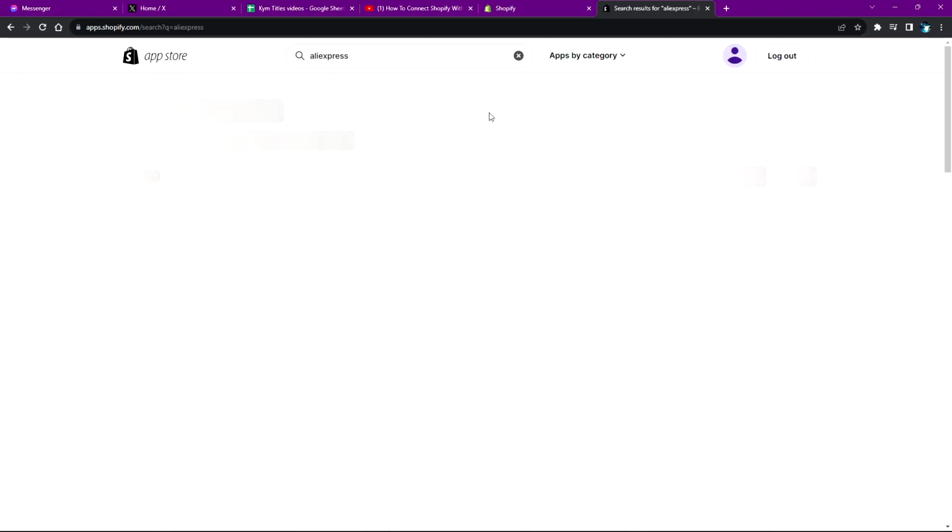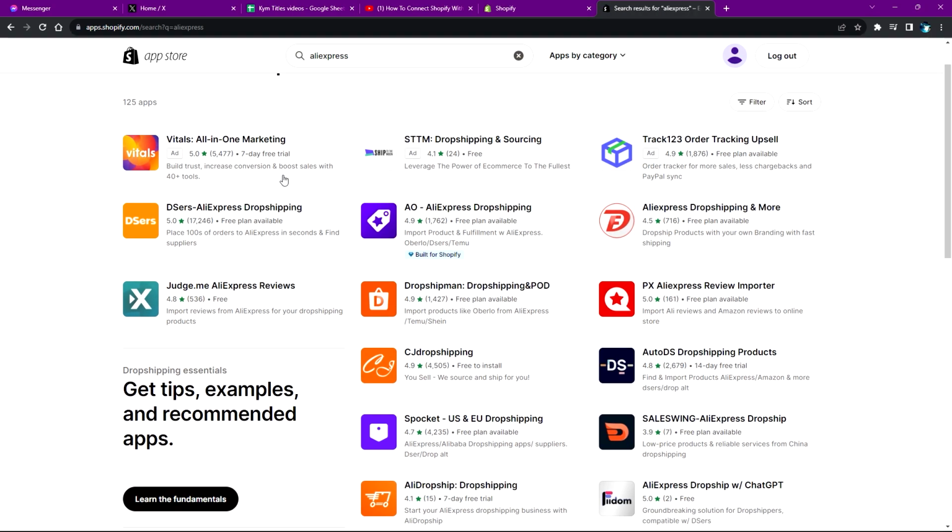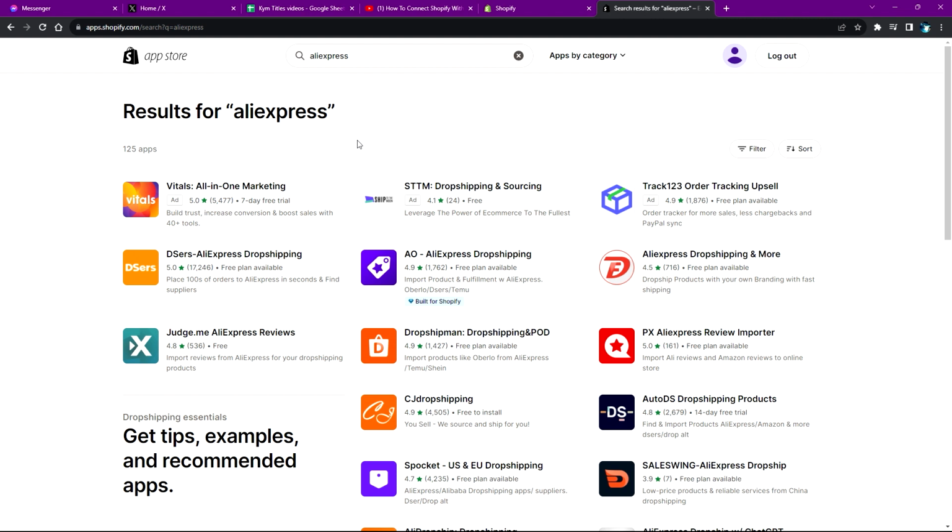And it will show us apps that will be able to help us in connecting our Shopify store with AliExpress. So as you can see down here, we have Deezers. This is AliExpress drop shipping, and as far as I have known, Deezers has been one of the biggest apps that helps a lot of people when it comes to drop shipping from AliExpress. So all you need to do now is just click on this one,